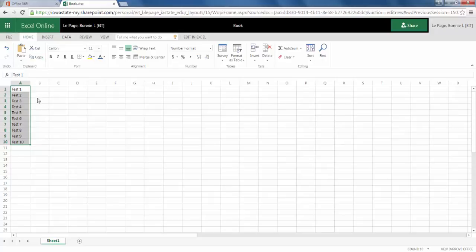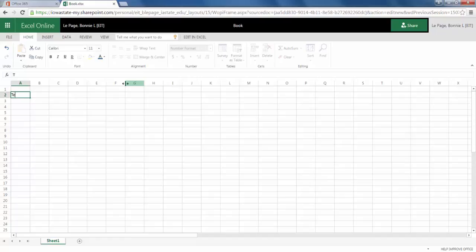So we can also eliminate one of these if we need to. And you can see that it will do that with no problem. So we'll simply delete these. And now to show that Excel works very similar to Excel on desktop, we'll do a quick run through of its features.